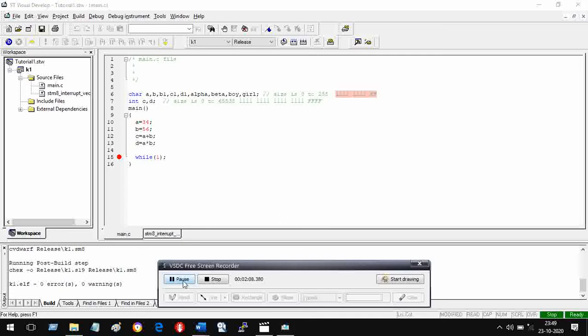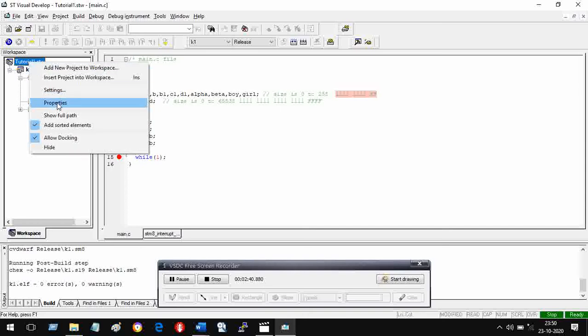To see the final binary file which has been created by this process, you have to go to where your workspace is. I have gone to the left hand near the top corner, just below D. It is tutorial1.stw. STW is the workspace of ST. ST is the name of the company which makes that chip. So we had to go to this place. How do you go there? Just select it and do the right click, find out the properties,